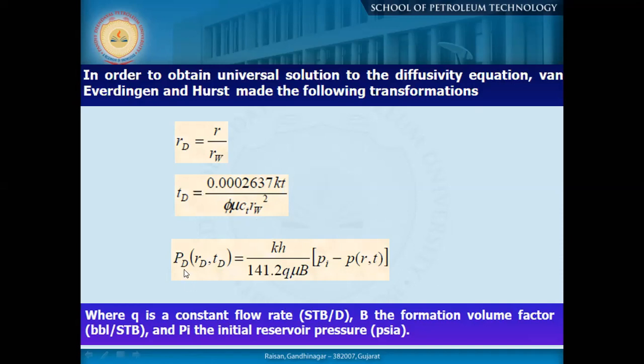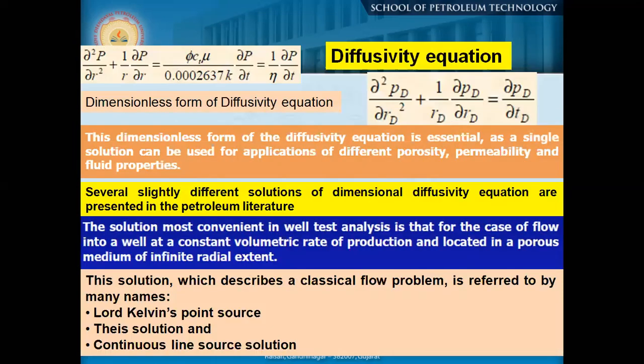Whereas pressure at a specific radius and time is related to our p, or you can see this is delta P. Okay. Where q is the flow rate, and all other parameters you know: this is permeability, you have the porosity, then you have your fluid viscosity, total compressibility, and also we have B. B means the formation volume factor of your crude oil. So this is the general formulation for our diffusivity equation. This is again the same formulation in two different ways. This and this are the same, where the constant term is absorbed.